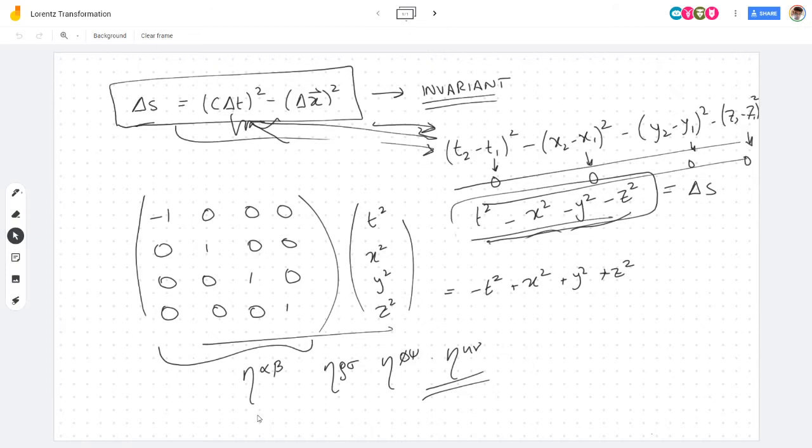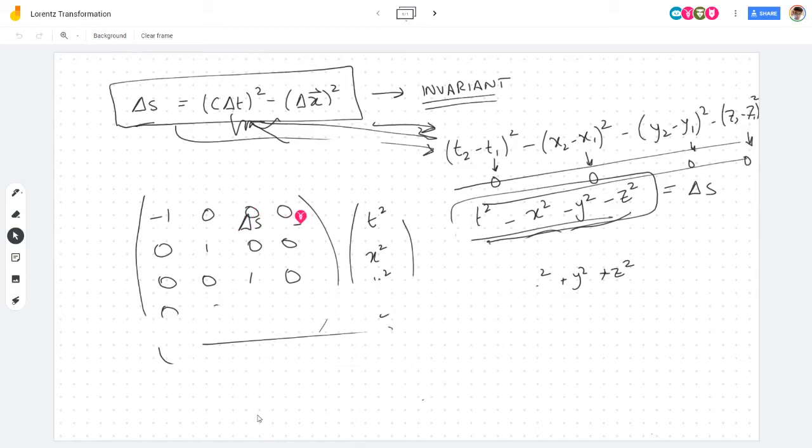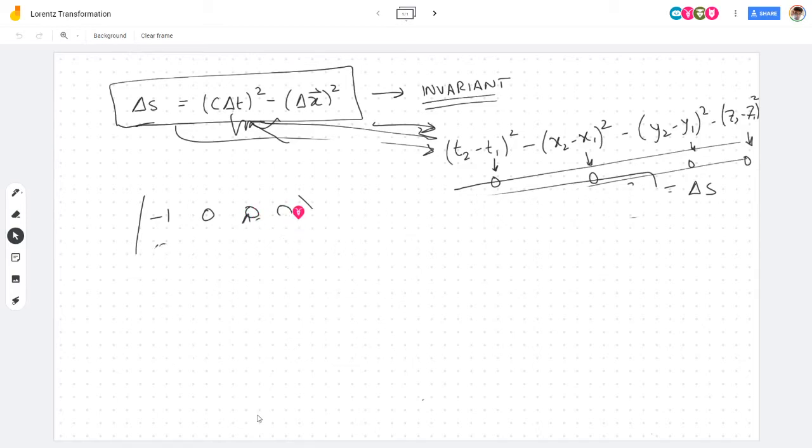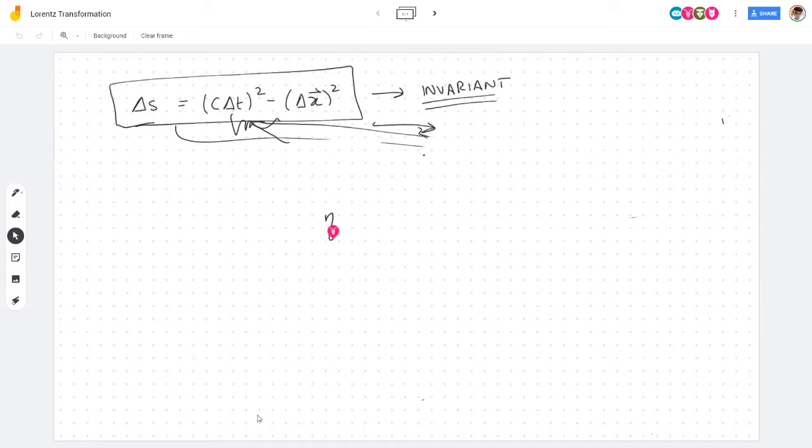The same delta S, I'm going to describe this as eta mu nu, okay, times x mu. And this might seem strange at first to everyone, but all I've done is written the same thing out here. And now I just want to show you a bit of a mathematical convention, which is called Einstein's